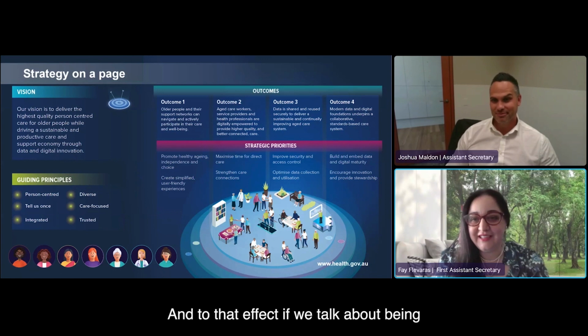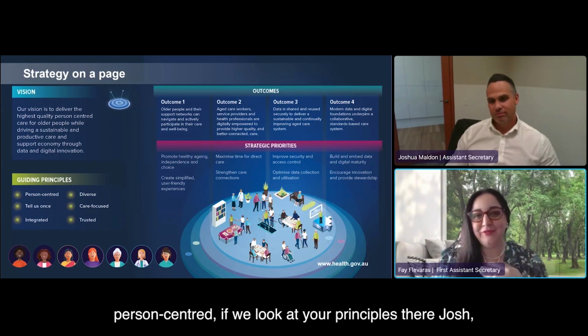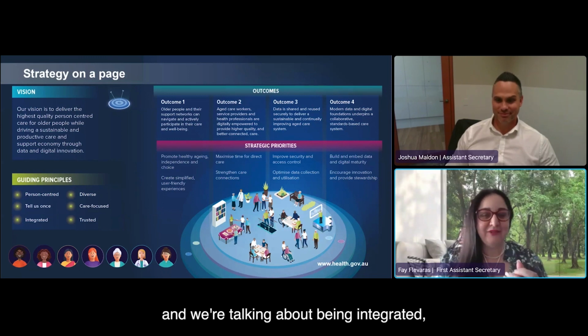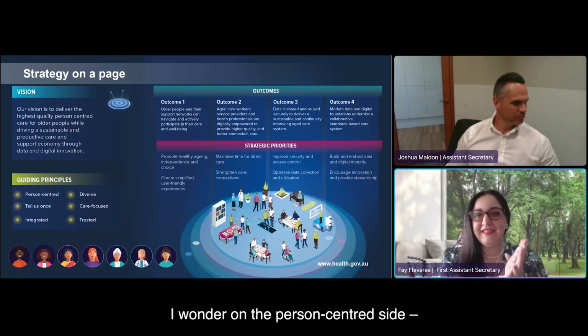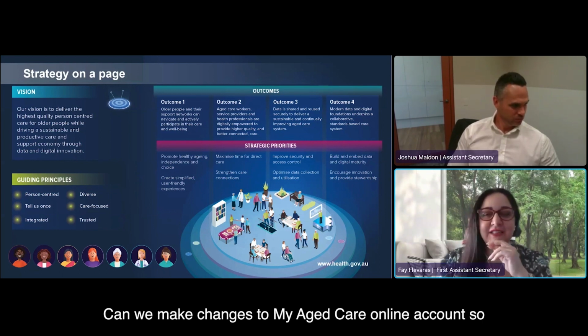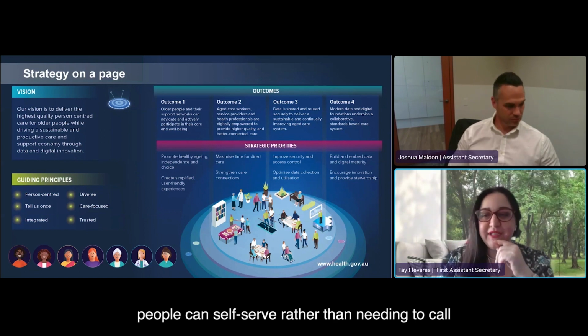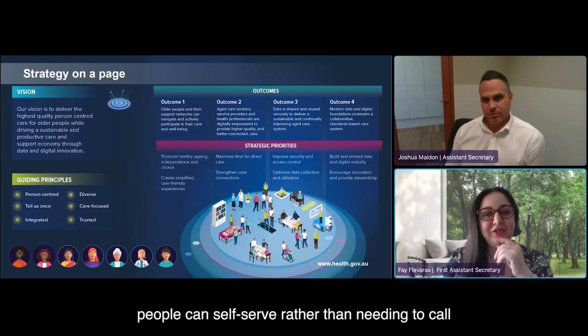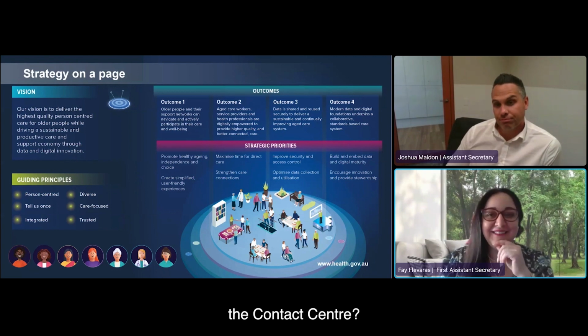And to that effect, I think, so if we talk about being person-centered, if we look at your principles there, Josh, we're talking about being integrated. I wonder on the person-centered side, we've got a question here that says, can we make changes to my aged care online account so people can self-serve rather than needing to call the contact center?